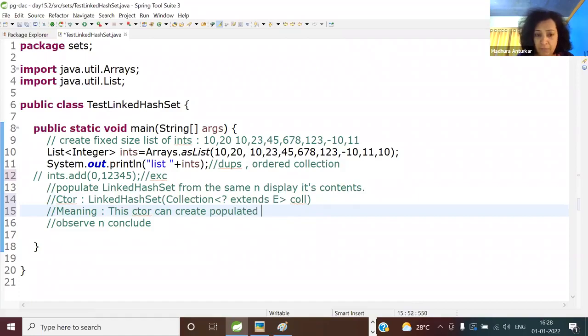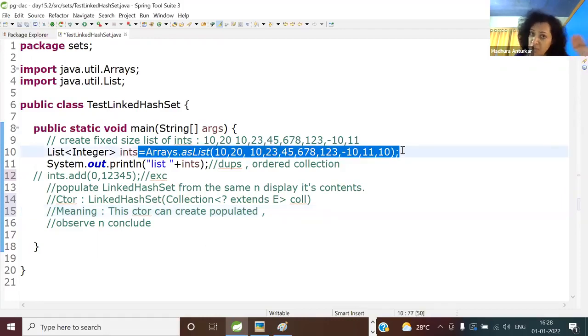Wait a second. Is this going to be a fixed size linked hash set or is it going to be growable? Fixed or growable? I said the linked hash set. Is it going to be fixed in size or growable? Answer is 100% growable. Here, guys, the list, the data source, was fixed in size, but you are copying the